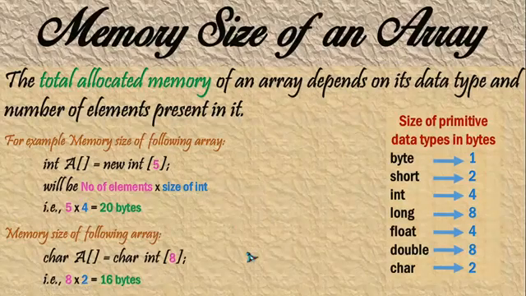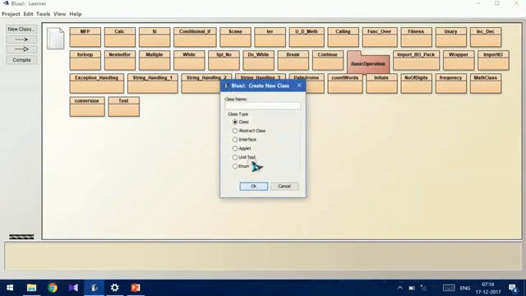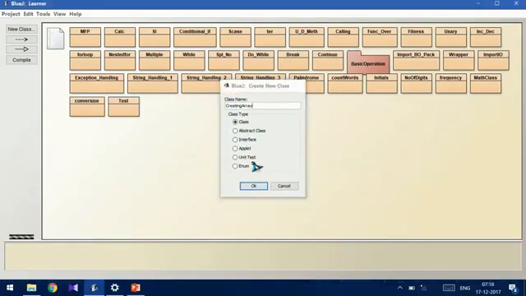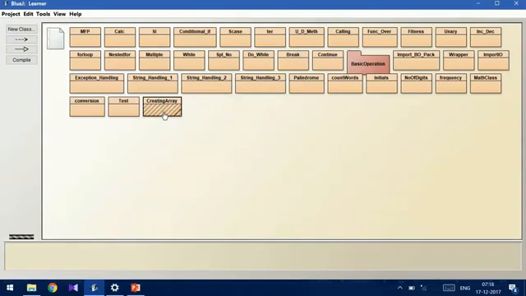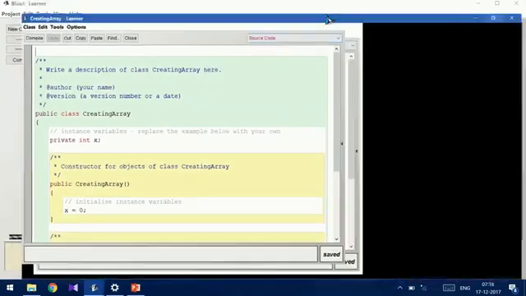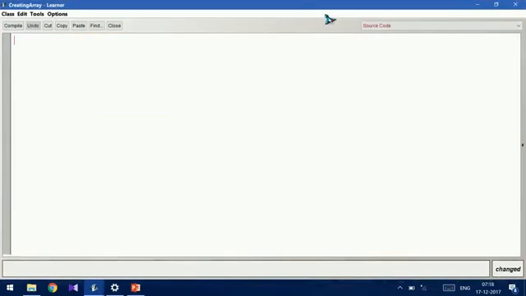Let us learn how to create an array in a program. Class name: creating array.